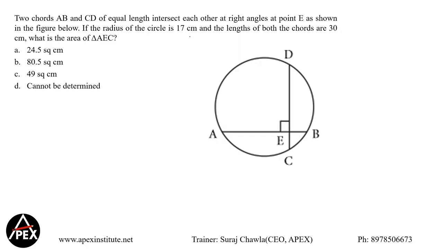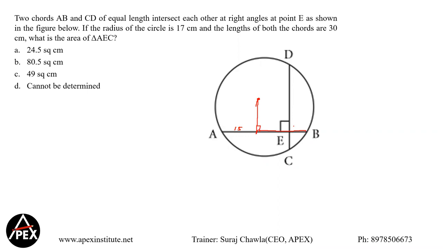In the figure, if the radius of the circle is 17, so we know that if there is a chord called AB, and this is the center of the circle, if I drop a perpendicular from the center of the circle to the chord, it bisects my chord. I do not know the length of these two sides, but let's see. The length of both the chords is 30. So I know perfectly that D is 30 and AB is also 30. So if it bisects, this part is equal to 15, right? And this complete part in red is 15.